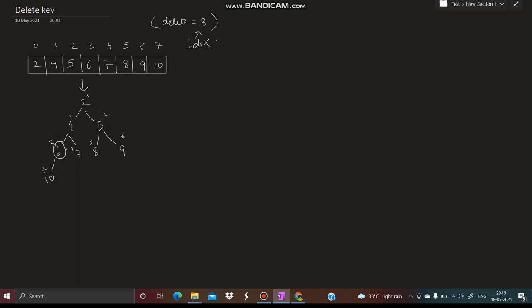If I delete this value, the heap property can be violated. In order to restore the heap property, we need to perform some operations. In delete key, we need to perform two operations. The first operation is decrease key.